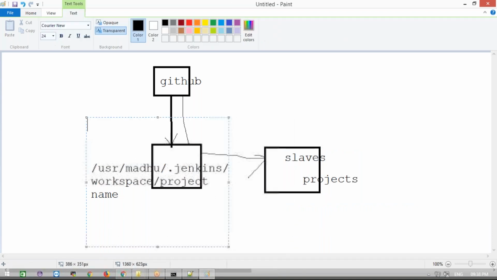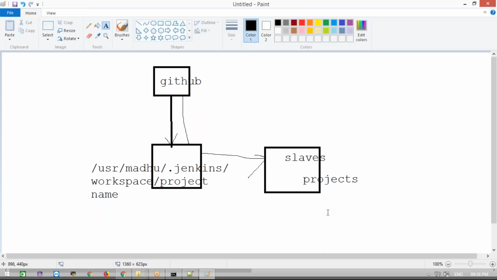It will be stored on some other drive, some other mount point, some other Linux server, whatever you are adding. That mount point will store my data. It won't be stored in my Jenkins workspace, because if I run a number of jobs, my Jenkins home directory storage will become full. After the storage is full, your system won't work properly, right? So instead, I want to divide my task to some other slaves, and those slaves will store my data.